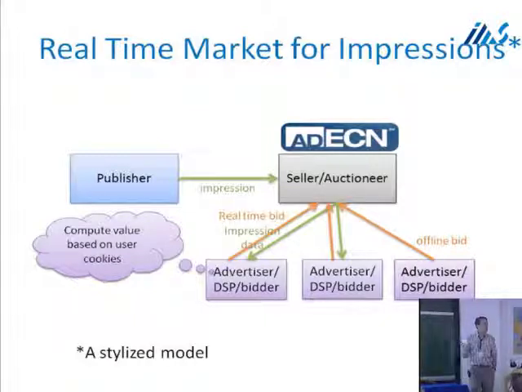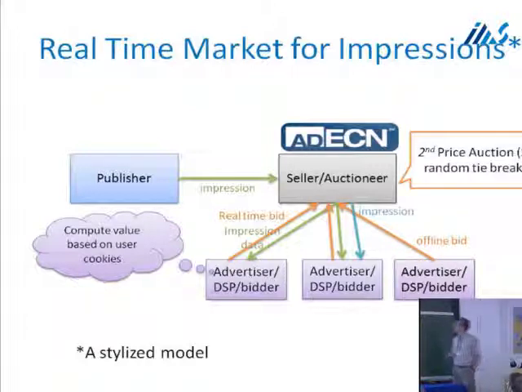So you can think, for example, about Amazon. They might have a cookie on your machine. They know how much you buy online, so since you are buying a lot online, they will be willing to pay a lot for displaying some advertising to you. And then the auctioneer runs an auction. In the first part of the talk, I'll focus on a second price auction with a random tie-breaking rule to decide who is going to win the item. This winner is allocated the impression, which basically means that he will need to provide the ad that will be displayed to the user. So that's a very stylized model of these real-time markets.